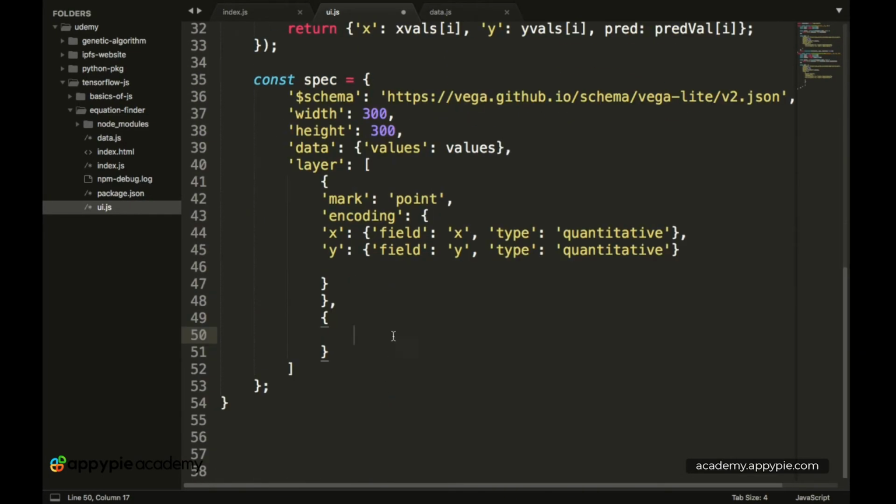and over here we basically have to put in a new mark. So let's type in mark over here, and this mark is basically a line mark now, because this is the line which we want to create of the equations which we have predicted. So now we have the mark which is a line, and then we have the encoding.